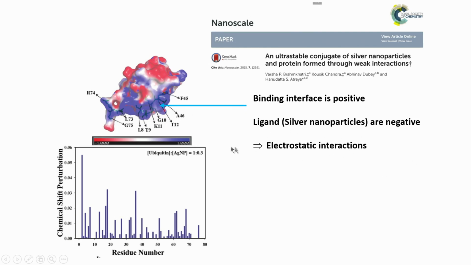Okay. So, this is very important to know. This is how NMR can give information on the nature of interaction between a ligand and a protein. Based on the chemical shift perturbation plot, one can figure out from the structure where it corresponds to, whether it is on the positive side or negative side, or it could be hydrophobic amino acids, and in such cases it could be hydrophobic interactions. That kind of information comes out from such analysis.